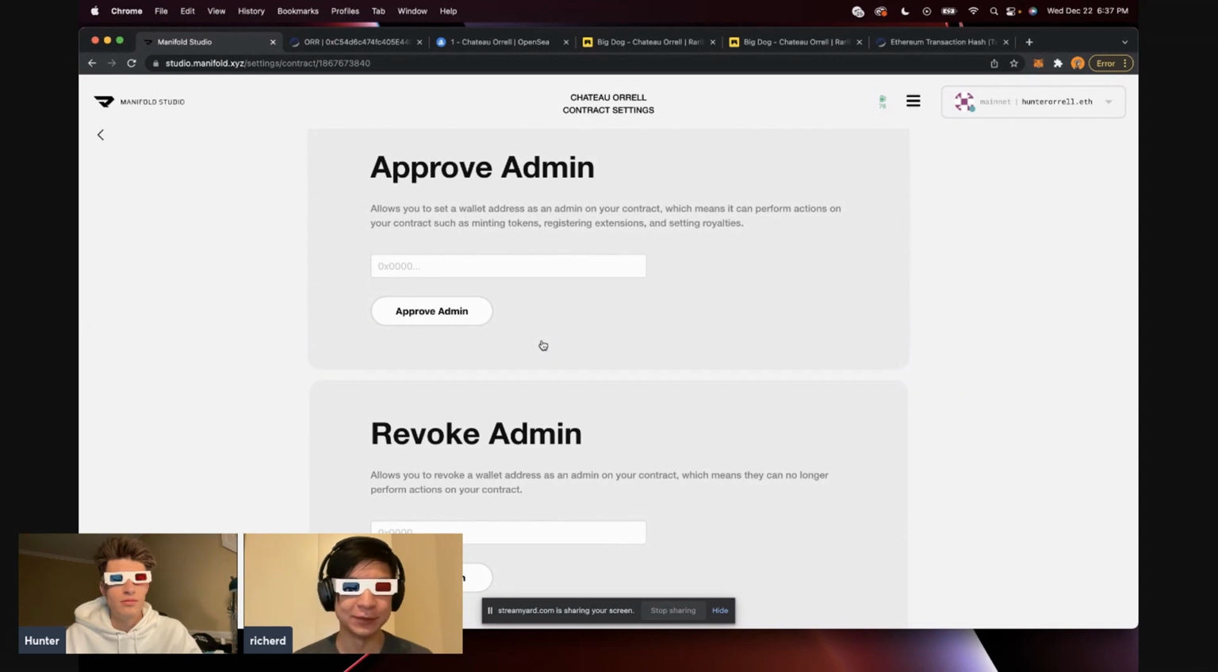You can approve someone else to mint on your contract. Oh, I love this. I didn't even know this was a thing. Yeah. Another use case we've seen is that some of these brands and organizations will have